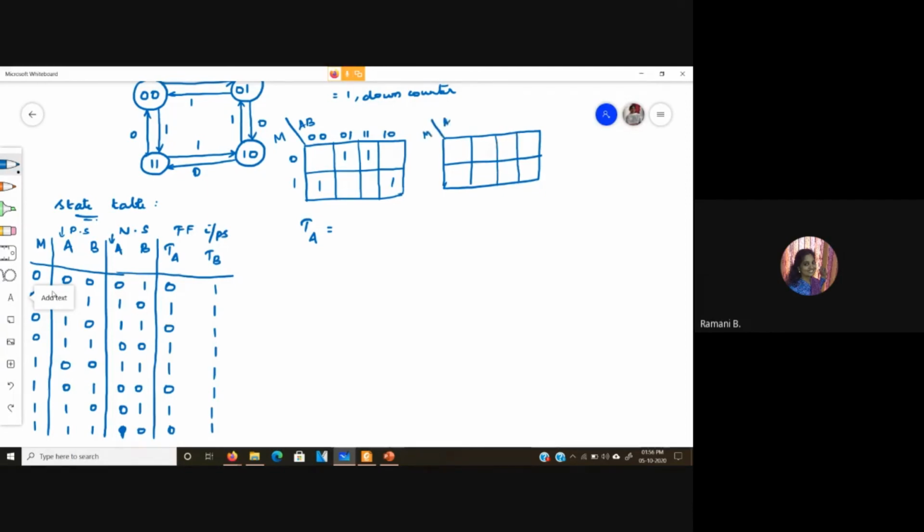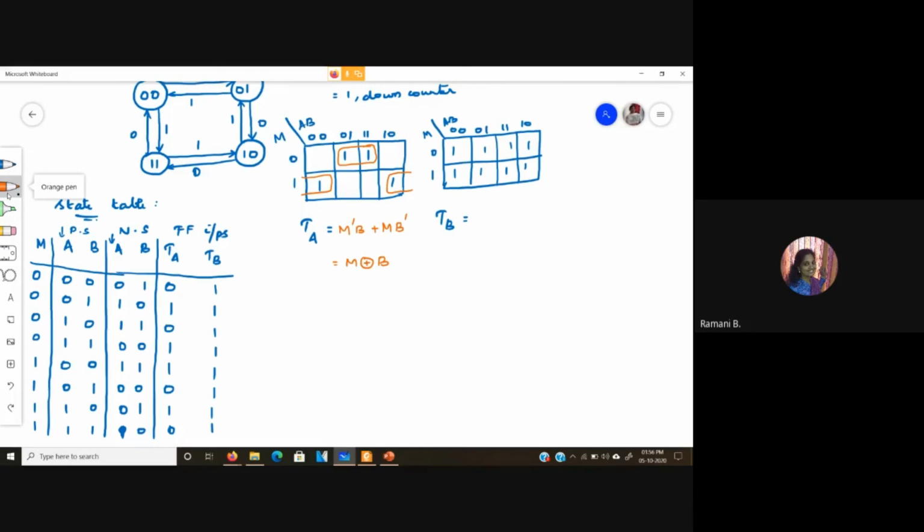So here we have this pair and this pair, which is nothing but M bar B plus M B bar, which can be implemented using an XOR gate.